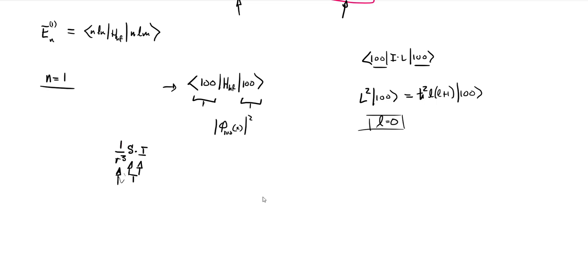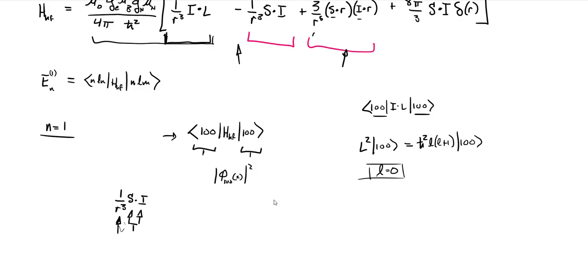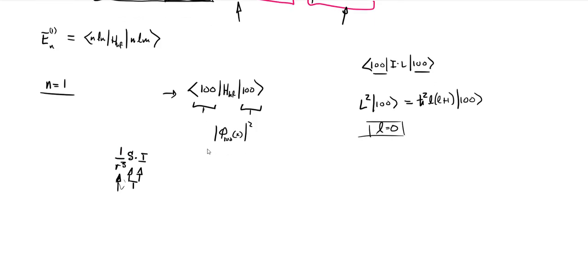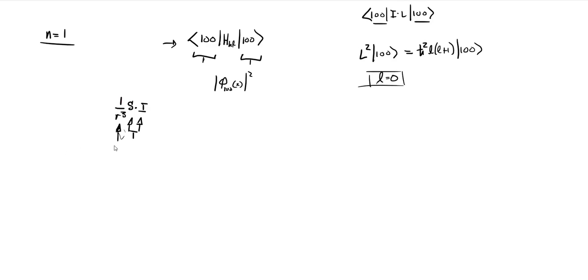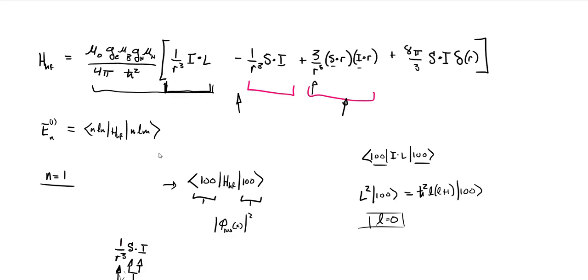The gist is this 1 over R cubed term and the 1 over R to the 5th term here, these odd things, are going to make these integrals go to 0 as well, because when we integrate over all space and it's odd, those get 0. So essentially, the thing we're going to be concerned with to figure out this hyperfine interaction is this last, what we call the contact term.